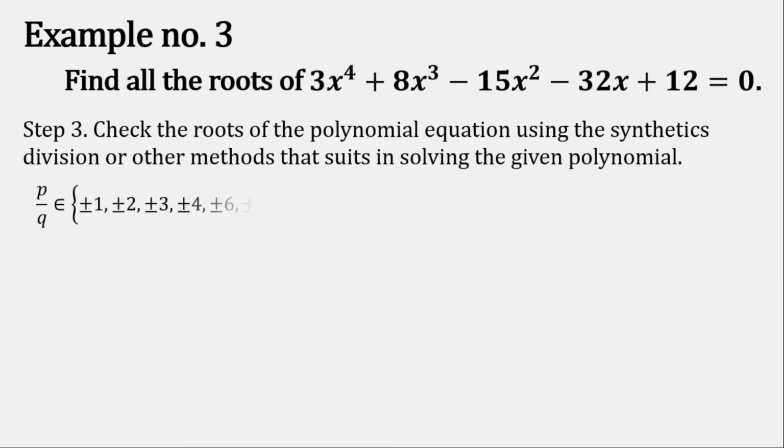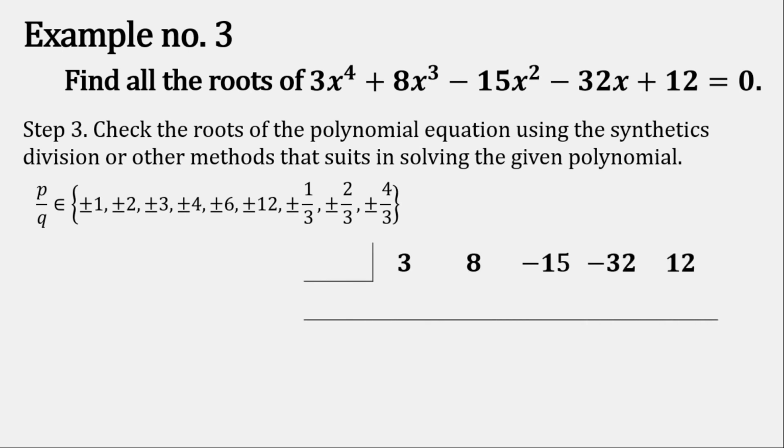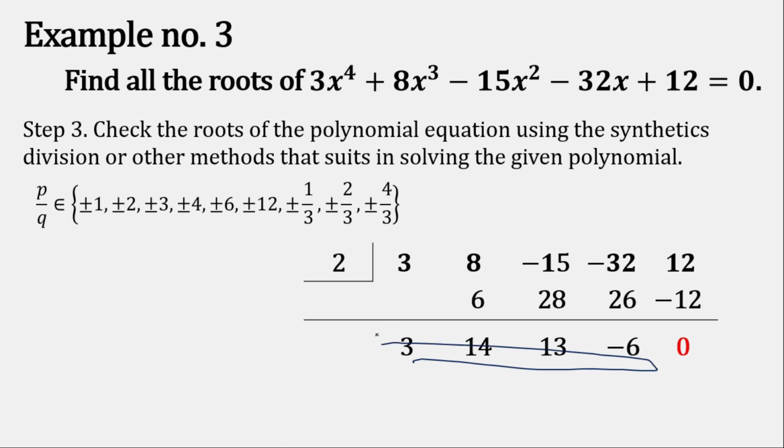Now let's check each root. So again, I will test 2. It's your choice which possible roots you're going to test, as long as you get 0 as the remainder. If you don't get 0, then cross out the number that you tested. After that, don't choose that number again and choose another number. It's trial and error. But if you get a 0 as the remainder, you can say that